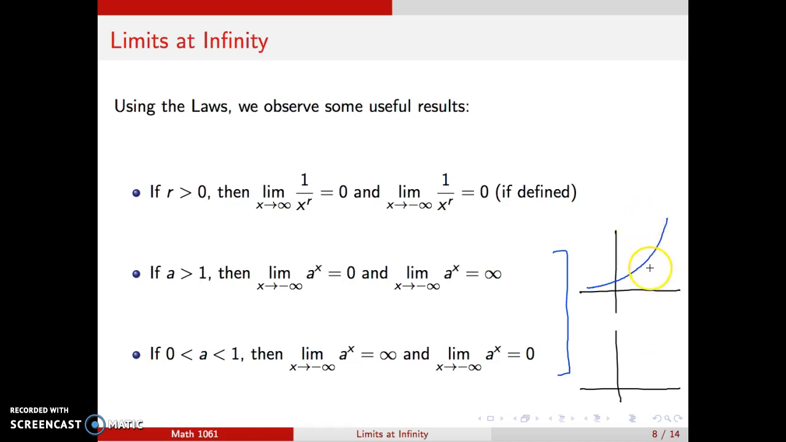So that would be, for both of these, y equals a to the x, and this would be where a is greater than 1. This would be y equals a to the x, where your base a is between 0 and 1. So as you go off to infinity, that blows up. That's where you get,